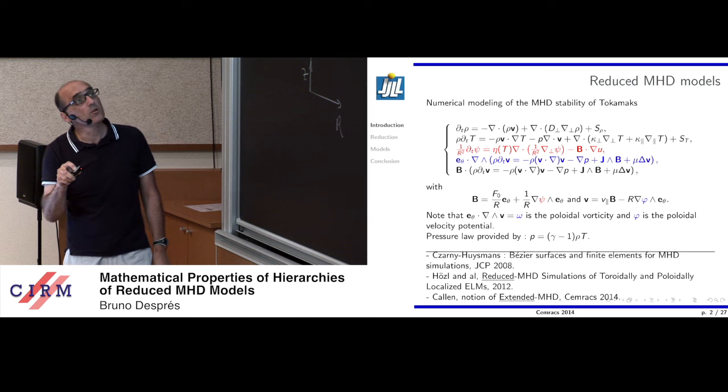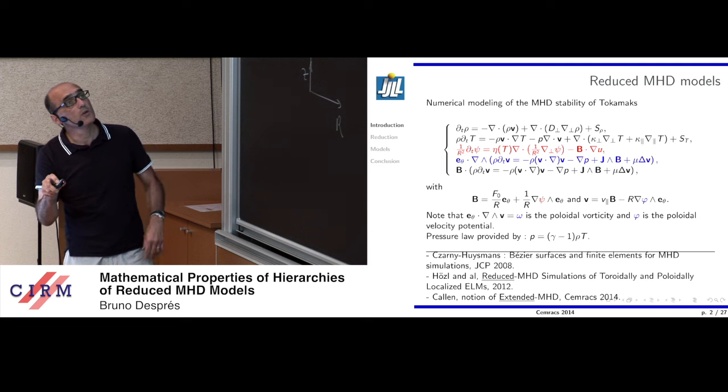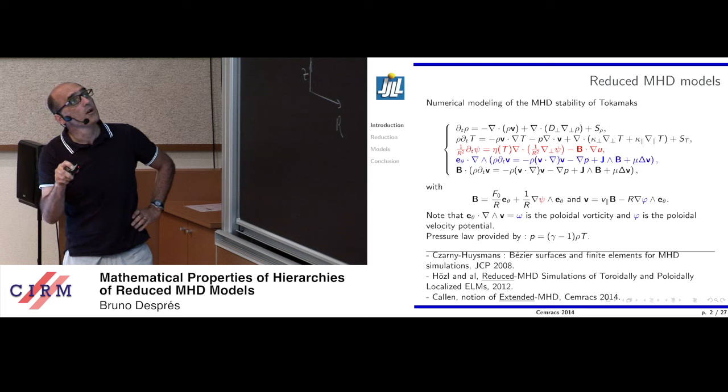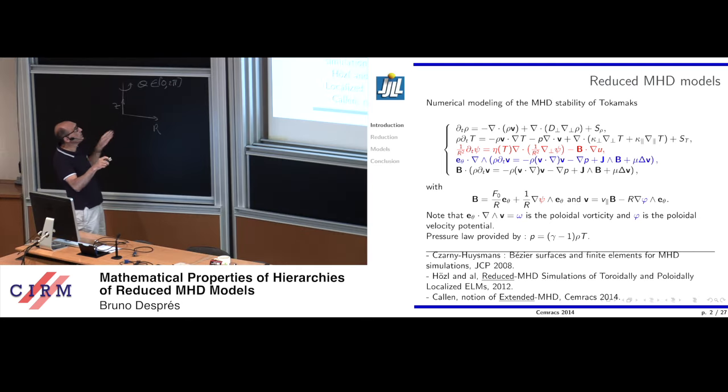Of course, the vorticity is related to the velocity potential, but I will speak on this later on. And once you have knowledge of, for example, omega, phi, and psi, then you can reconstruct B like that. Concerning B, you assume that B is the sum of a given term, the main toroidal field, plus this one, which is perhaps a perturbation, but which is responsible for the fact that B will have this helical structure at the end.